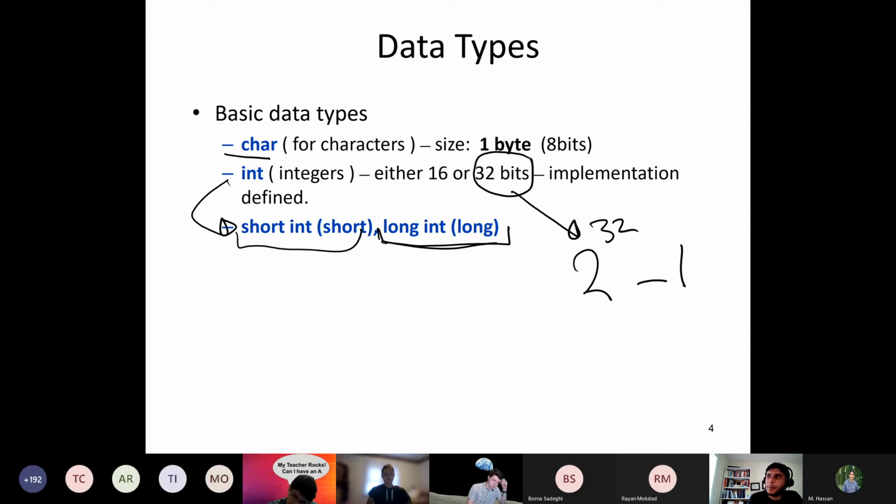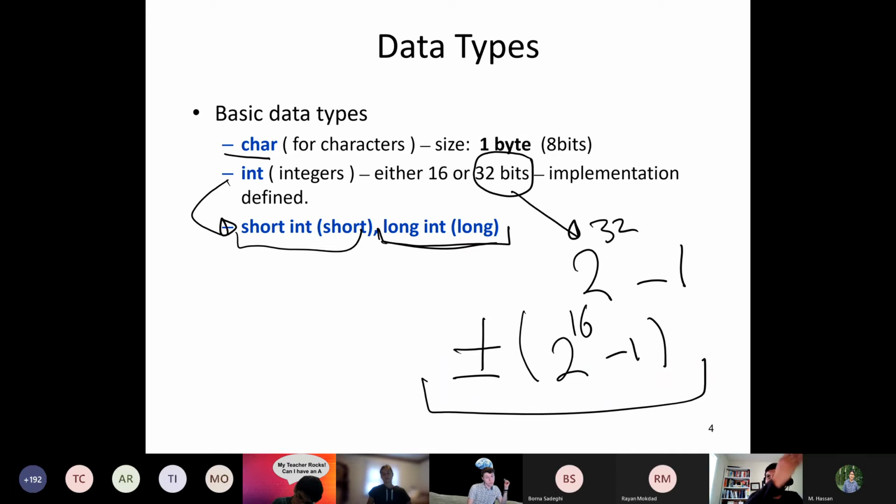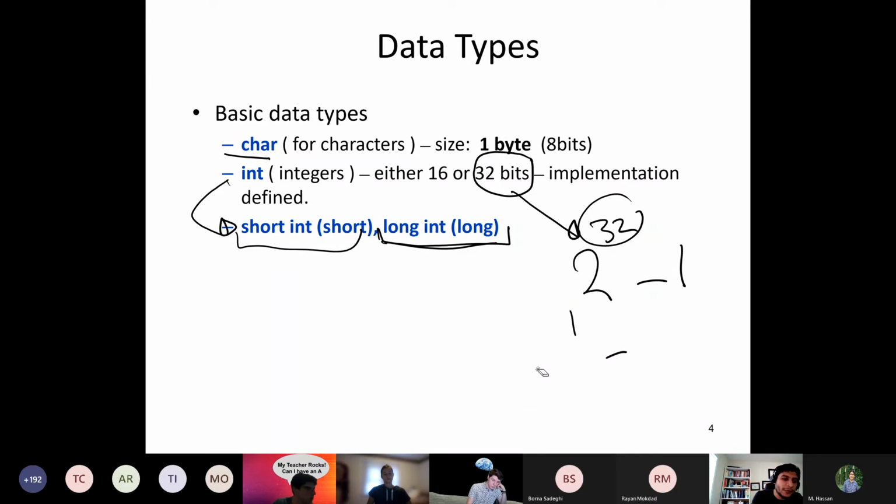So if I have 32 bits and I want to list all the combinations, it's 2 to the power 32 minus 1, right? And because int is generally signed, so it can be negative or positive, then really the set of values is 2 to the power 31 minus 1, because half of the values can be negative and half can be positive. This is how we determine what the set of allowed values is.